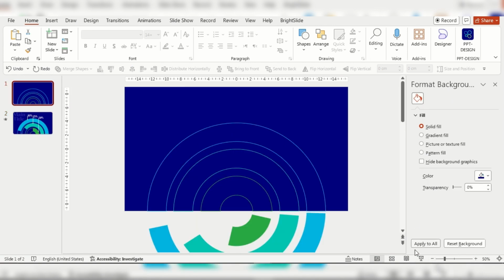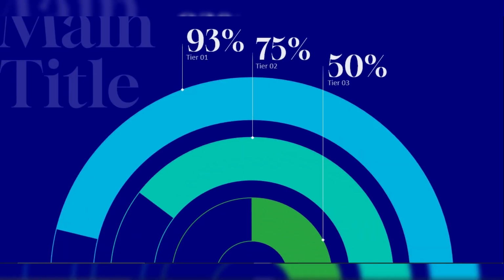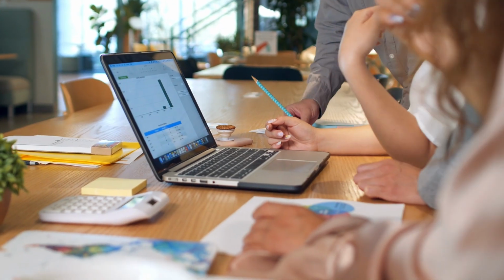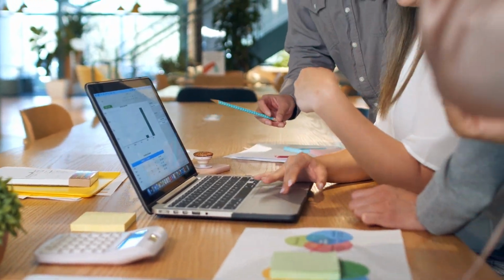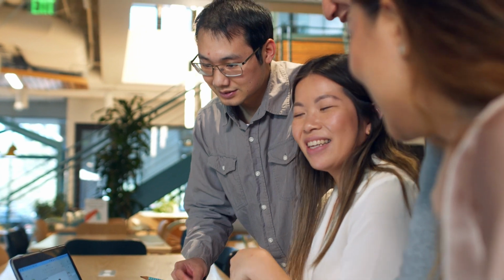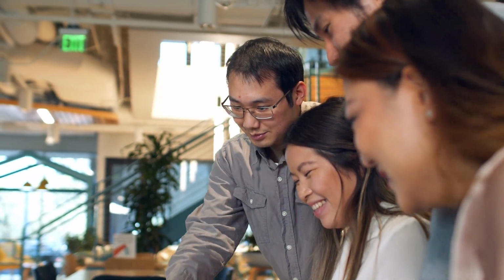And there you have it, a simple way to create animated graphs in PowerPoint that can really elevate your presentations. Whether you're showcasing sales figures, survey results, or any kind of data, this technique makes your information not just understandable,